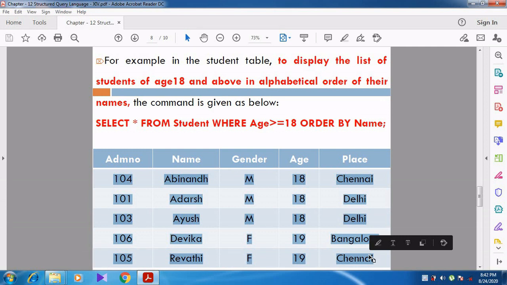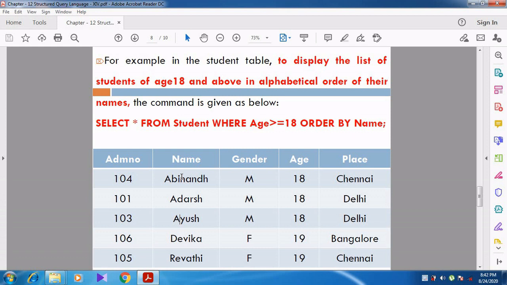And at the same time, the names are arranged in alphabetical order: Abhinand, Adarsh, Ayush, Devika, and then Revati. Can you understand, students? SELECT * FROM student WHERE age >= 18 ORDER BY name.